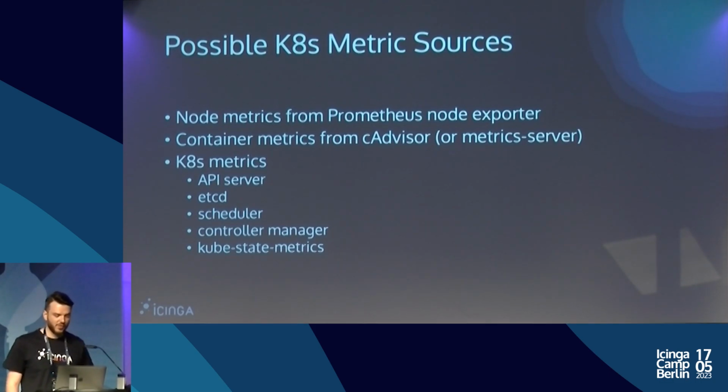One famous thing is the Prometheus node exporter, which runs on every node and exposes node metrics like resource usage, all that stuff. Then you also have container metrics by cAdvisor, which is already built into the kubelets, so you get that for free. And then there are various Kubernetes metrics which are exposed by Kubernetes itself. There's also the project kube-state-metrics from Kubernetes, which provides Kubernetes cluster-wide metrics about how many pods there are, how many are expected to run, how many are failing, and all that stuff. So there's a lot